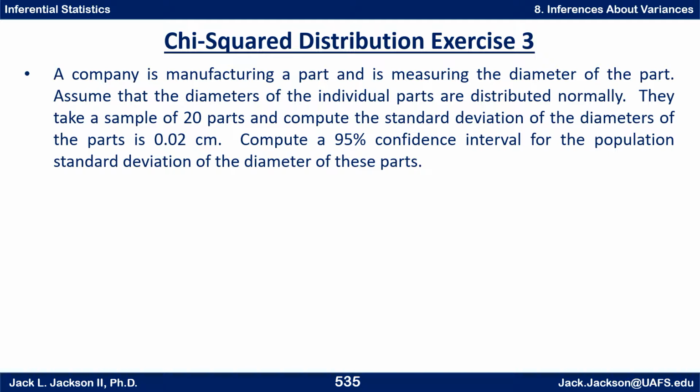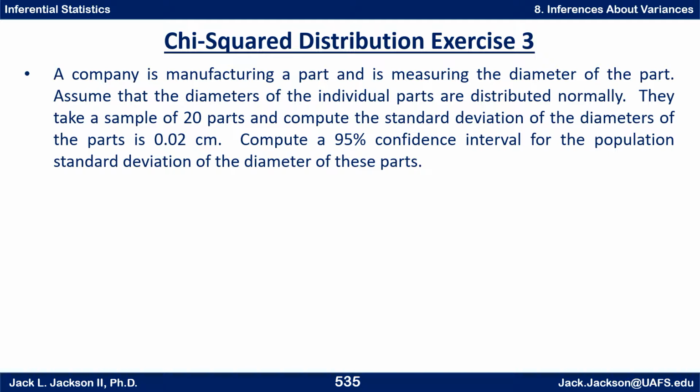A company is manufacturing a part and is measuring the diameter of the part. Assume that the diameters of individual parts are distributed normally. By the way, it's very important that for this technique that we're showing you here to work, the individual parts have to be distributed normally. Normally, the individual things have to have a normal distribution. It's not enough that the distribution of sample means be normal. So it's a little stricter, actually quite a bit stricter restriction than we had before